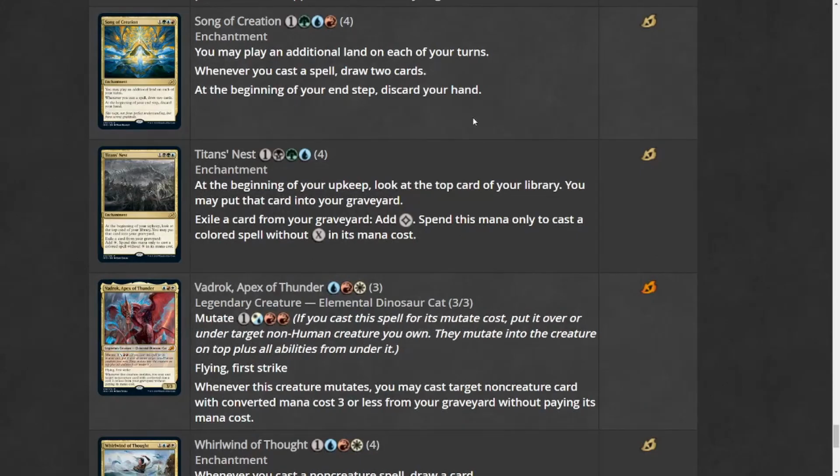Song of Creation is a 4 mana enchantment. You may play an additional land. Whenever you cast a spell, draw 2 cards, and at the beginning of your end step, discard your hand. If you play around this, there's a lot you can do with that. And with a deck built around returning stuff to your hand to start off chains, this is actually